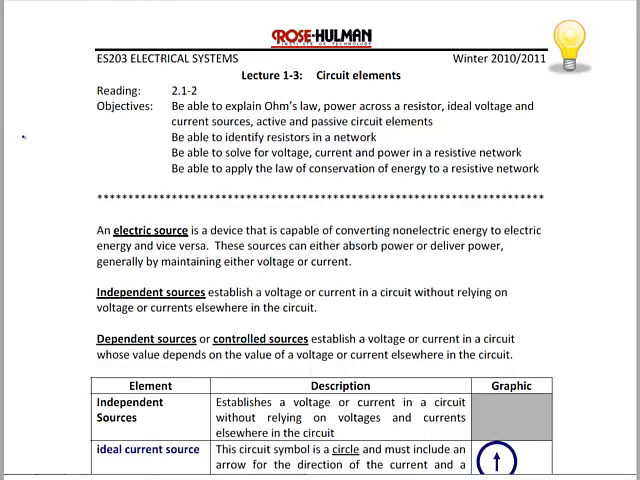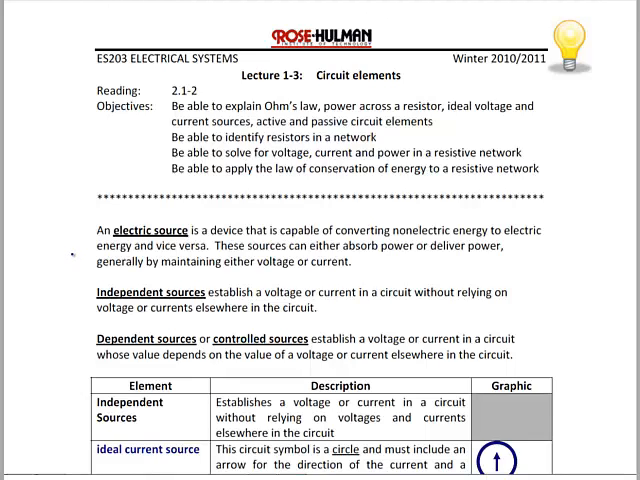Lecture 1-3 will discuss circuit elements and give the more formal definition for some of the elements that we've already been examining in the prior two lectures. We will also explain in more detail Ohm's law, power across a resistor, ideal voltage and current sources, and active and passive circuit elements. An electric circuit source is a device that is capable of converting non-electric energy to electric